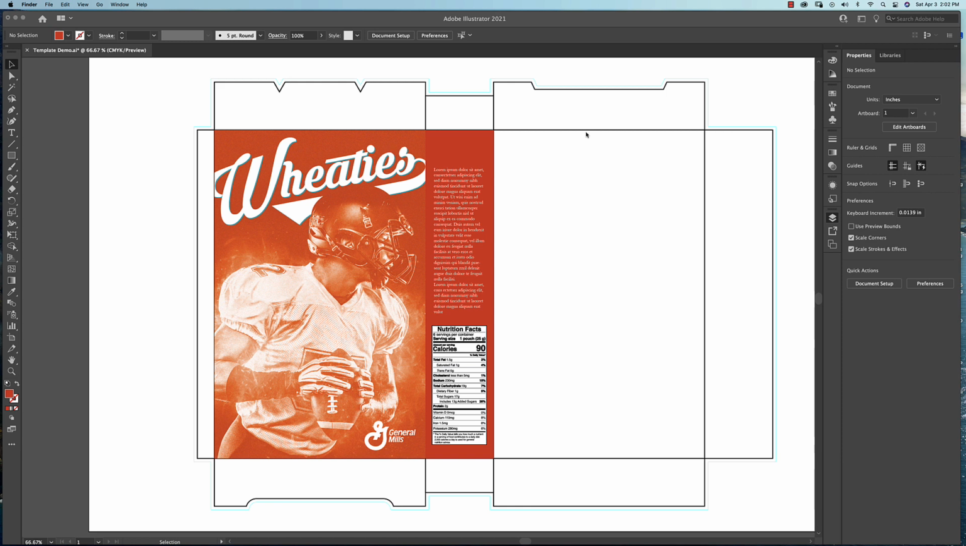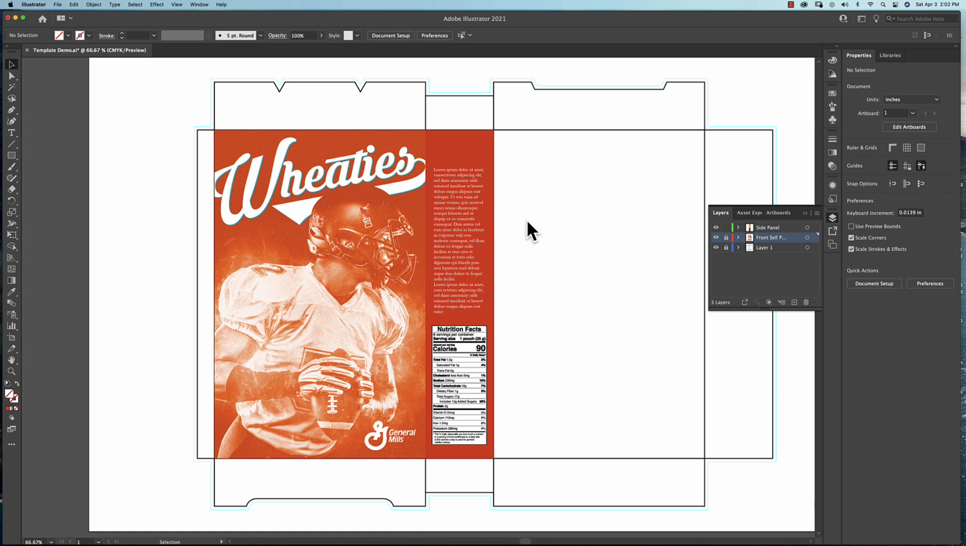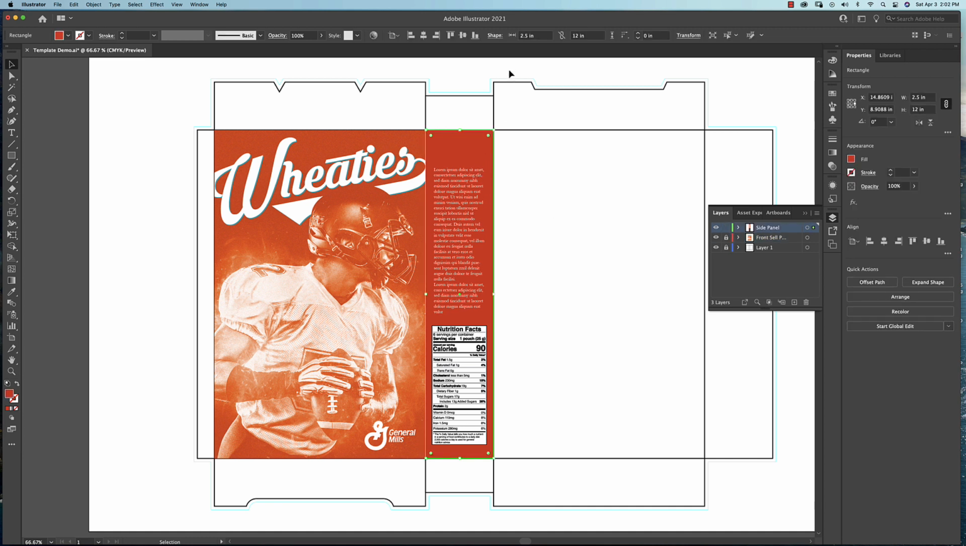So before we even open Dimension, what you want to do is a couple things. First of all, I'm going to open my layers here. You need to know and remember what size your box is. So I'm going to unlock this and click on it. You can see here up at the top, my box is 7.75 by 12. And then if I come over here and unlock my side panel, you can see here, this is going to be 2.5 by 12. And it's important because we're going to use one of the standard presets for a box in Dimension,